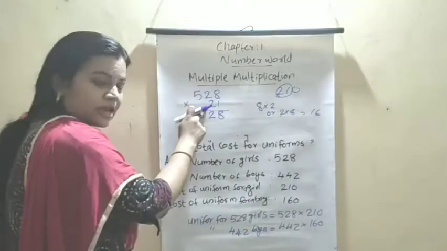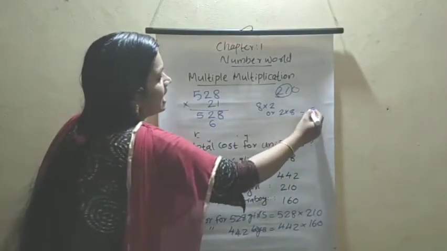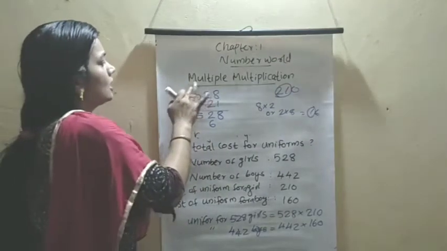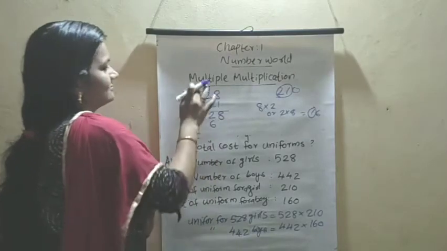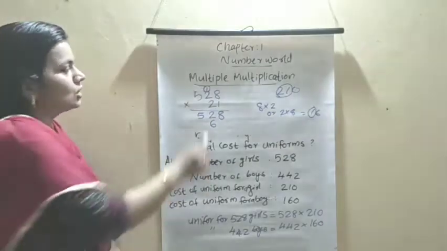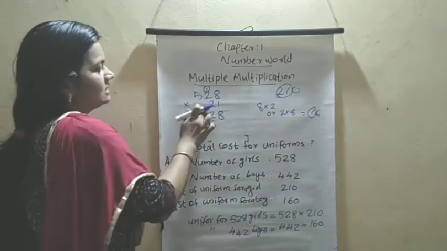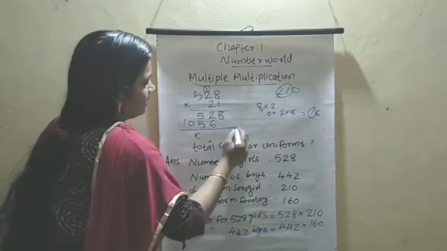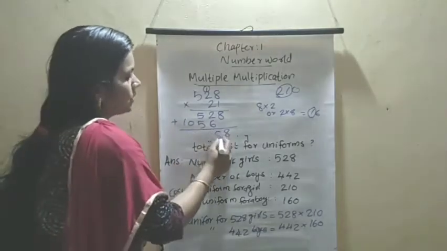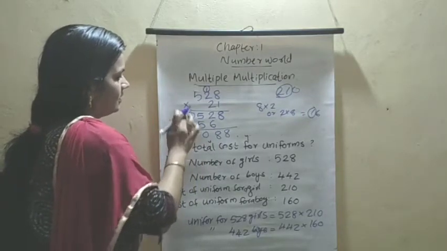So this is the tens place. 16: 6 is written, and 1 is the carryover. 2 8s are 16, 6 is written, yes, 1 is the carryover. 2 2s are 4, 4 plus 1 is 5. Then 5 2s are 10. Then add these two numbers: 6 plus 2, 8. 5 plus 5, 10. Carry over 1, again 1, then 1.